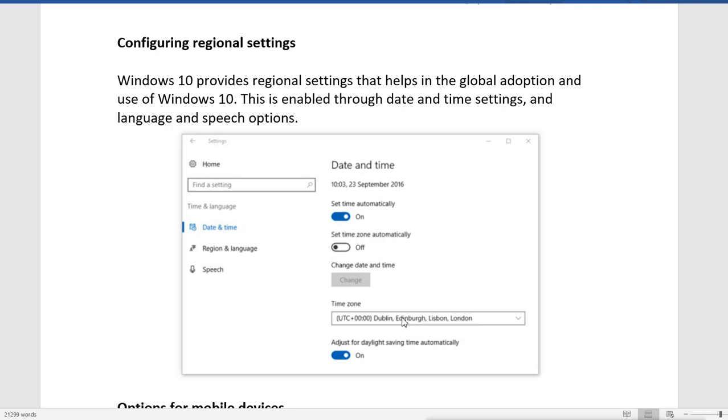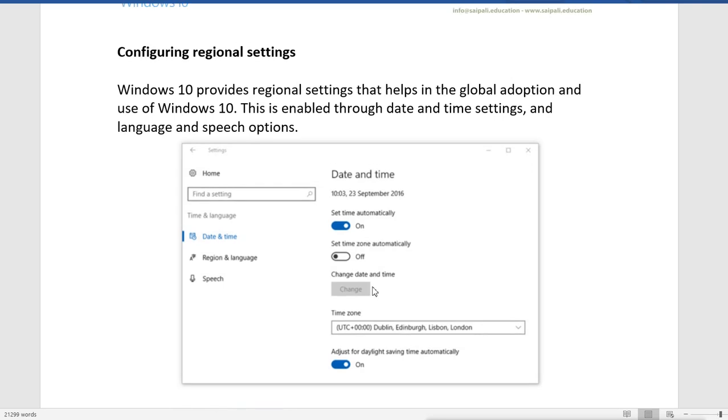It is important to choose the right region, because sometimes your internet service provider will not provide the services when you are not configured with the right time zone. Suppose your time zone is different and you are trying to use the internet services, and the service provider says this is not the time zone in which we provide services, so you will sometimes not get the internet services. So you have to make sure you have the right time zone, and we can do it by using the automatic setting.